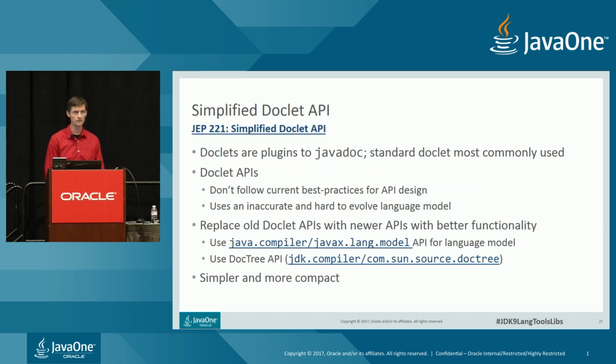In terms of the implementation of the Doclet, the Doclet API is very old. It dates back to very early JDKs. And with the benefit of hindsight, the API modeling the Java language could be improved. Since the Doclet API, we actually have several other reflective APIs in the platform that are better suited to allow language evolution. So we've re-implemented the standard Doclet on top of a Javac language model API, which is supported in the compiler. So this gives us a better base for Javadoc improvements going forward.